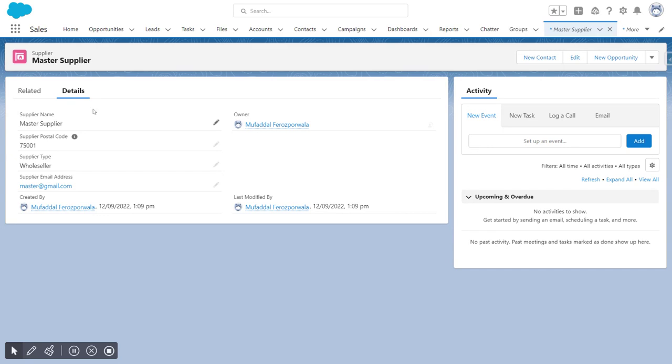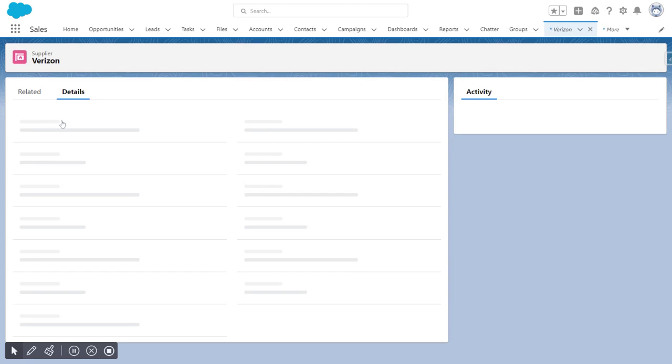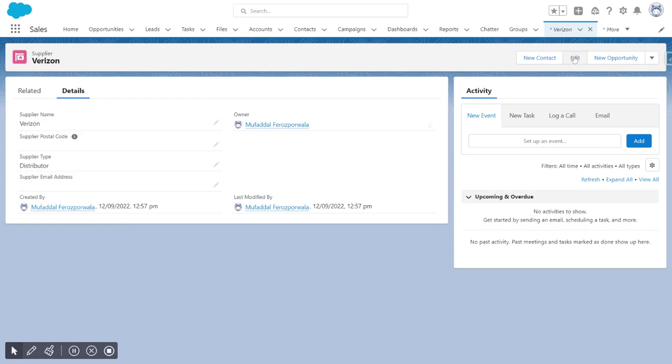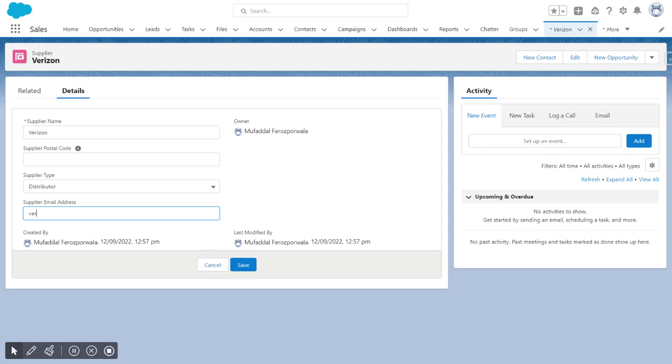And another thing that we can do is we can go back to all suppliers. We created two suppliers. We can go to an old supplier as well. We can click edit, and so now we see the email address field. It wasn't previously there when we created this record because this field didn't exist back then, but now it does. So we can either click on edit or we can click on this pencil icon right here and add an email address. Let's just say